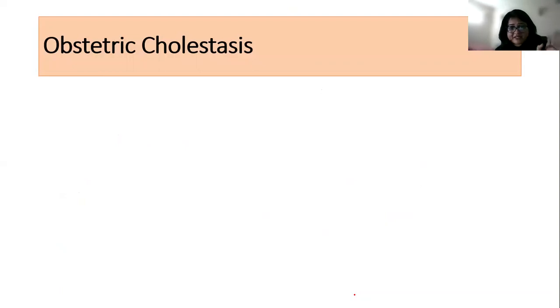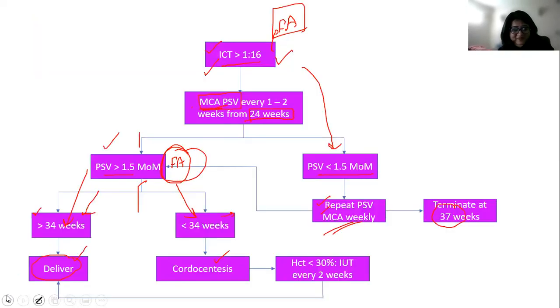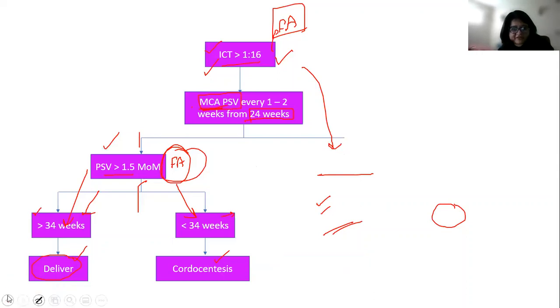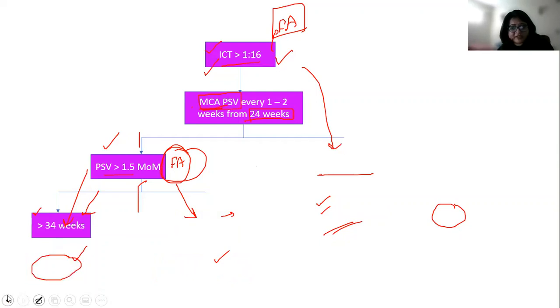If ICT is positive, but titers are within normal limits, that means less than the critical titer, exactly what I said, Avinash. So what we'll do is we will terminate at 37 weeks because ICTs are positive, but the